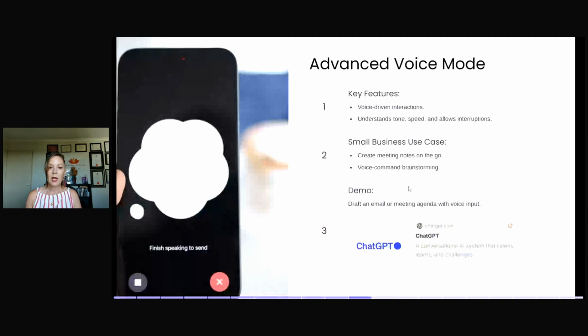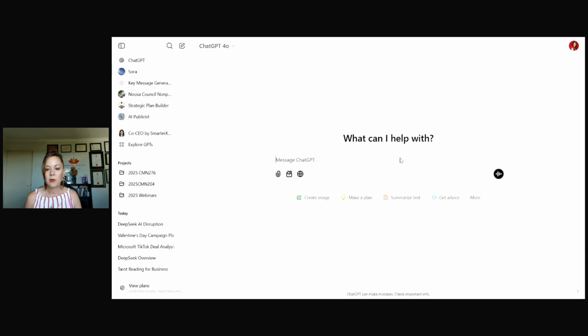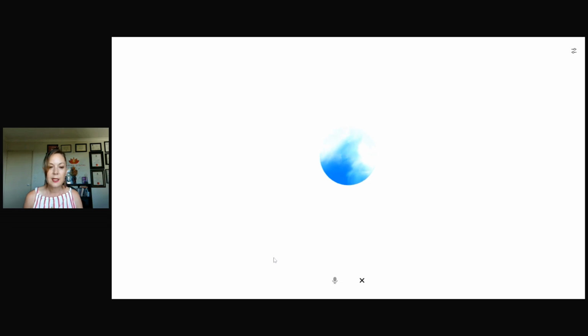So we've looked at search. Next, advanced voice mode. Now, hopefully this will actually work. If not, I'll do it on my phone. It used to only work on the app, but now you can do it through your desktop version of ChatGPT. So for voice, it's just here. So you click it. Hello, can you hear me?